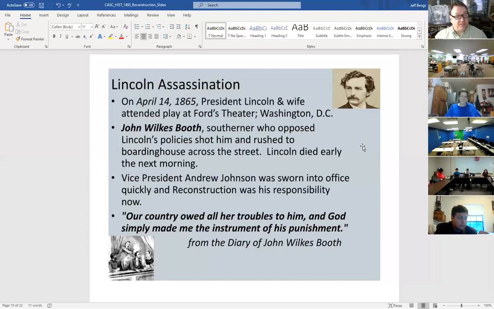Now, even though Johnson was a Southerner, he was against slavery, but it wasn't because he was for the rights of African Americans. He grew up as a poor Southerner, and he despised the rich white Southerners who owned plantations and who therefore owned slaves. So he didn't have a pure desire like the Northern Republicans, and especially the radical Republicans, to see the African Americans get their rights.